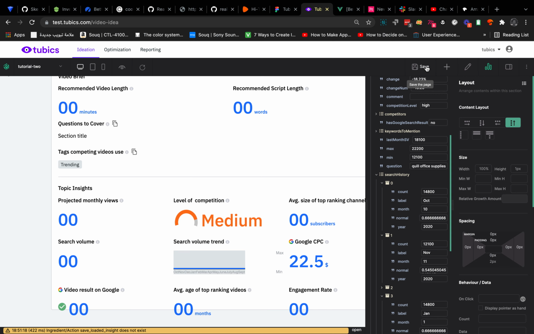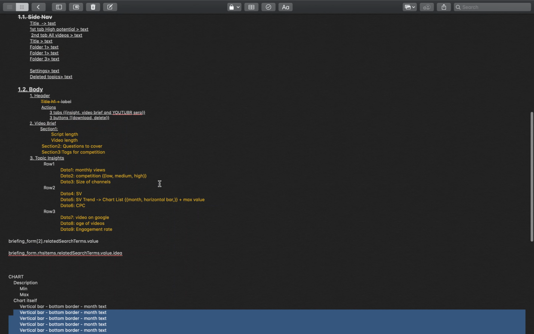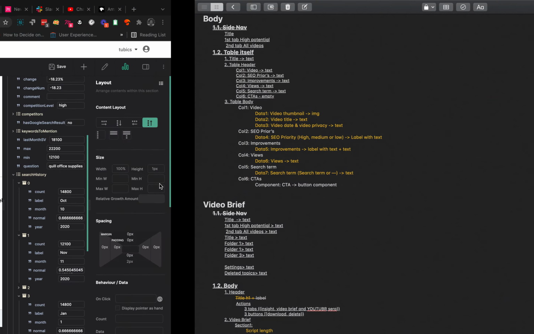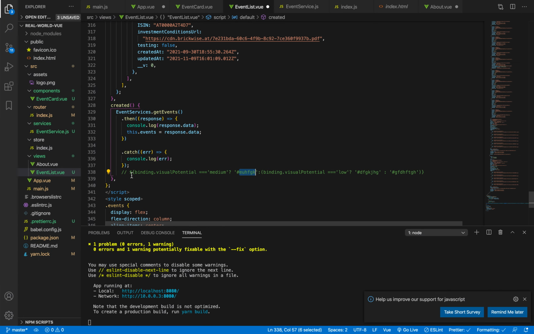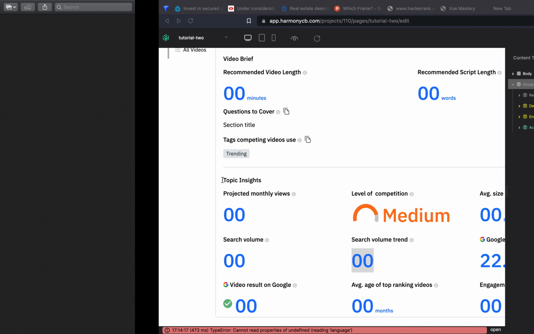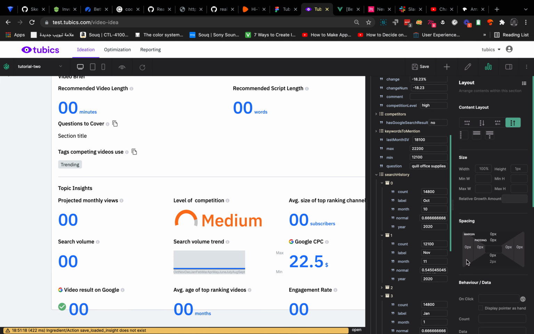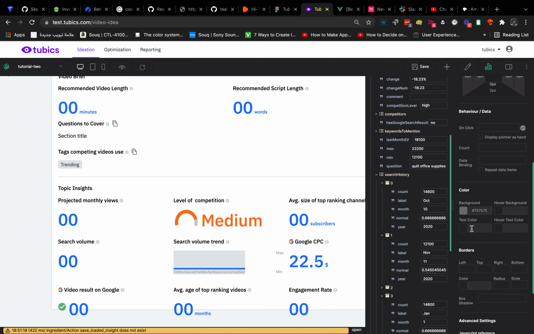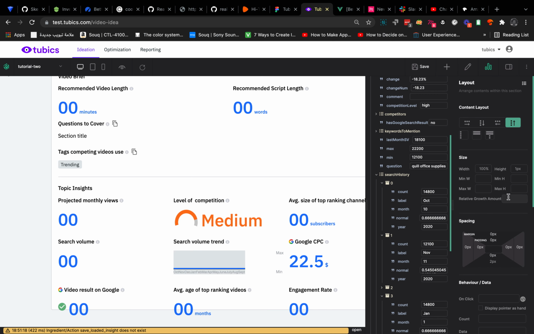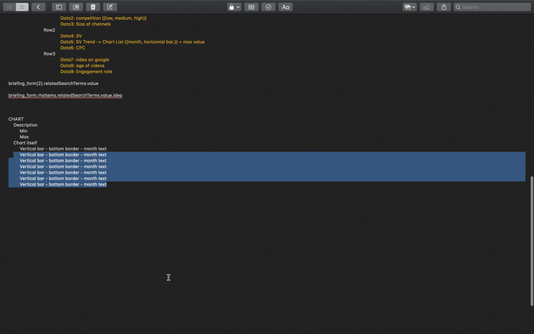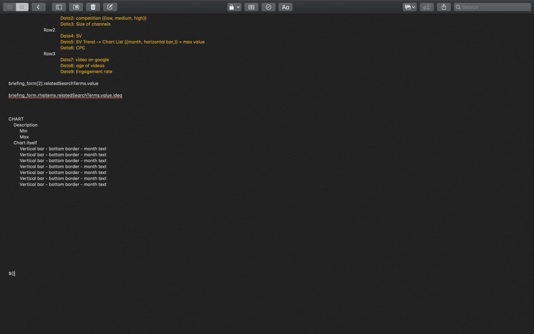So let's do this. Let's save, and we should probably go here. Yeah, I pasted it somewhere, I think. In order to make this happen, we need to write a small line of JavaScript, and this small line basically says that we want binding.normal, which is the data inside search history that contains the percentage, and binding.normal, we want to multiply it by 100,